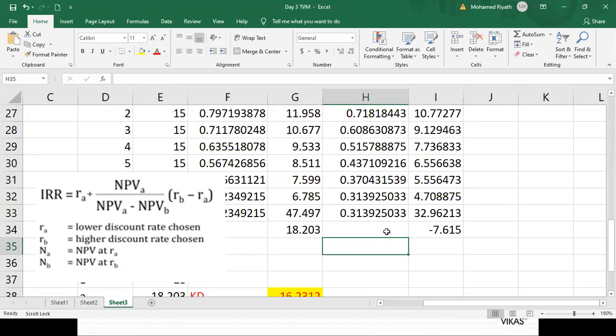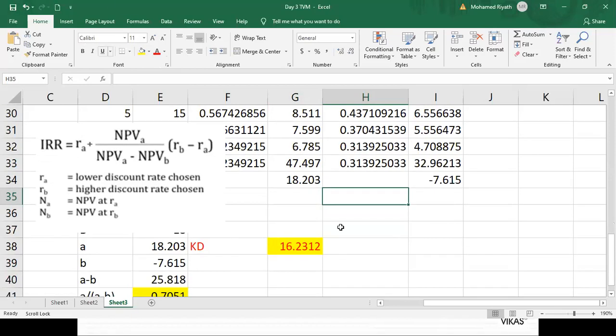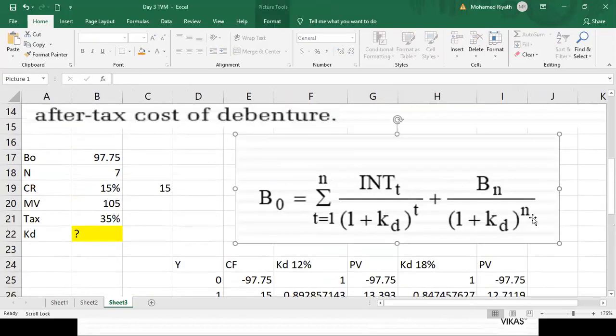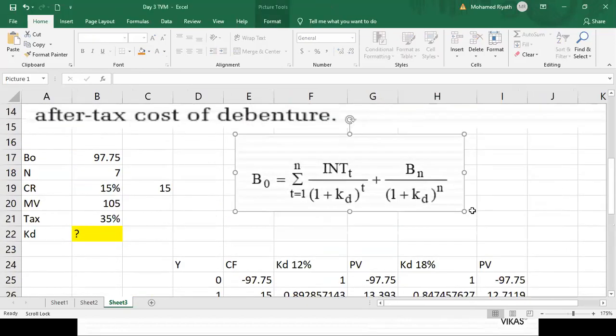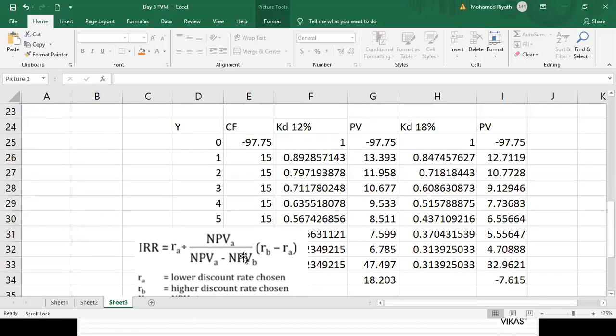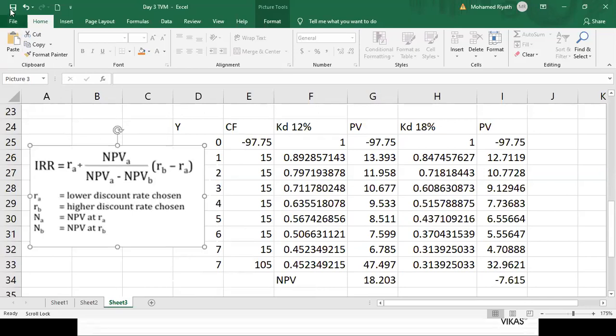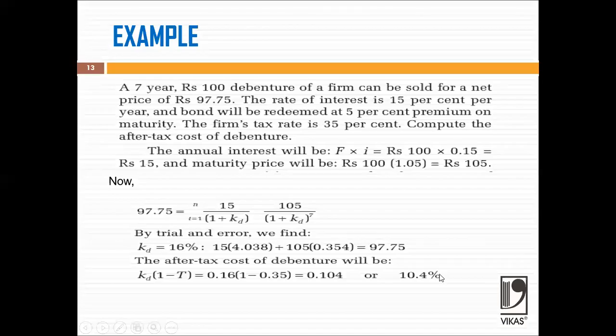Right? Have you understood? Have you understood? Any questions, please? Finance management is all about calculations, right? Mathematics. Any questions? And also